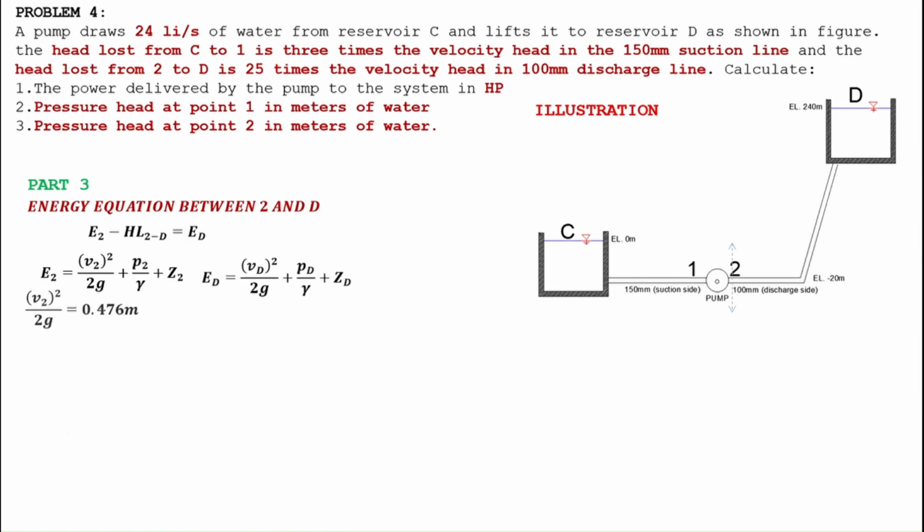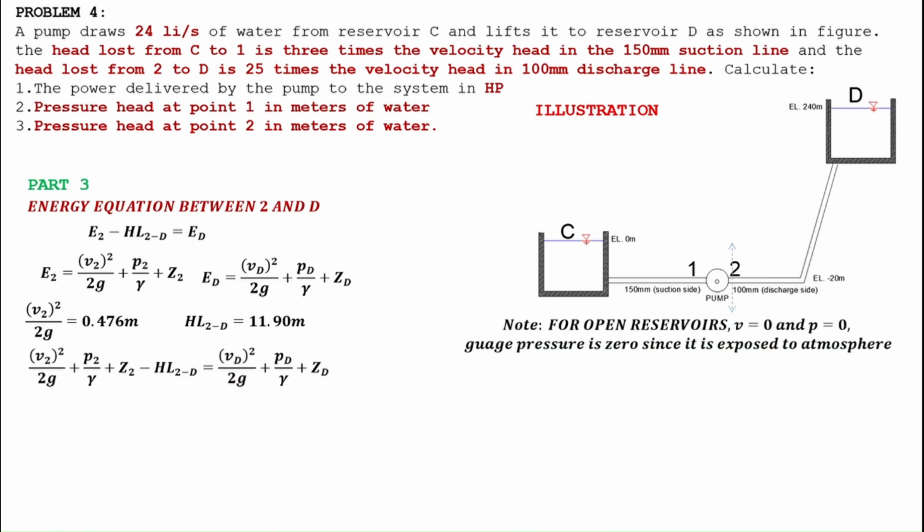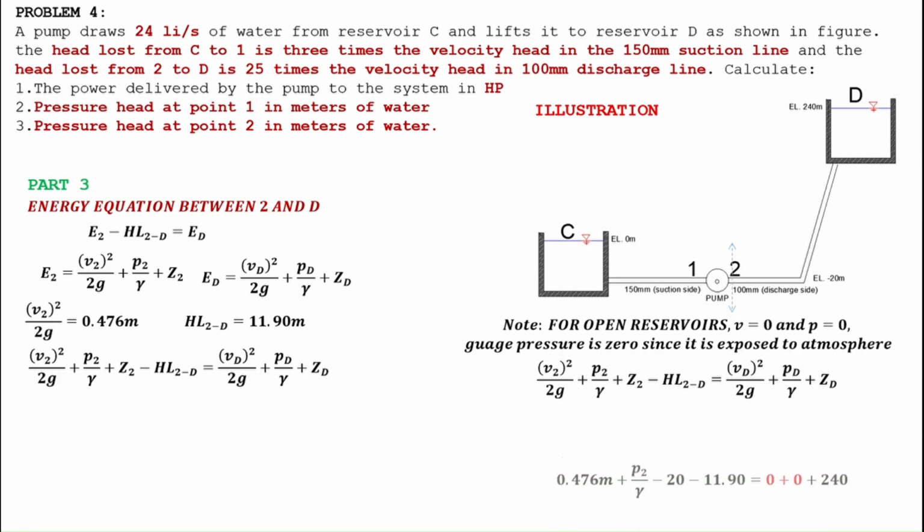Velocity head at point 2 as already determined before is equal to 0.476 m. Also, head loss from 2 to D is equal to 11.90 m. From our energy equation, we have to take note that point D is at the water surface of the reservoir. And since it is exposed to the atmosphere, the gauge pressure will be equal to 0. Therefore, pressure head at D will also be equal to 0. Same for its velocity head. The velocity head